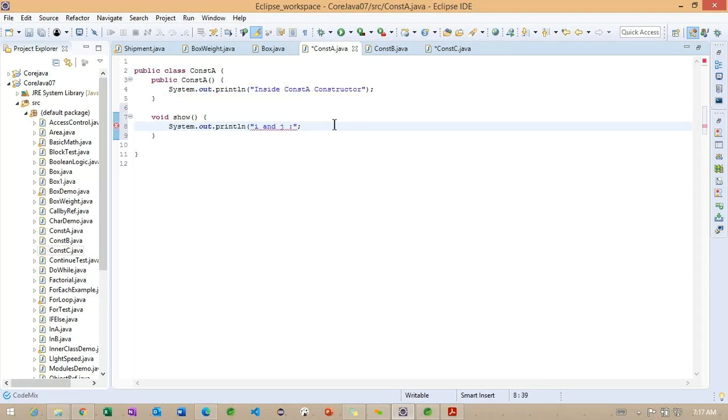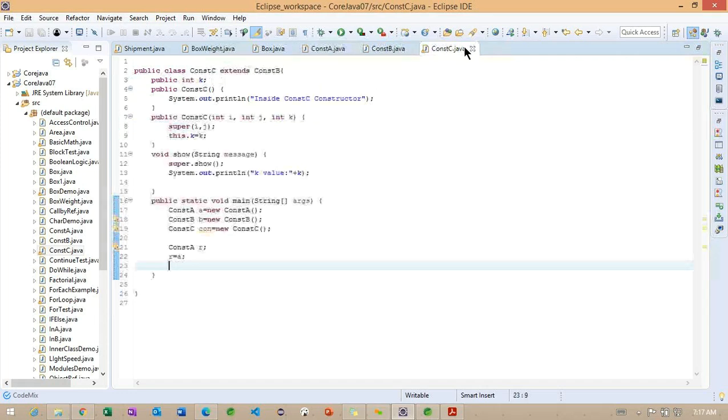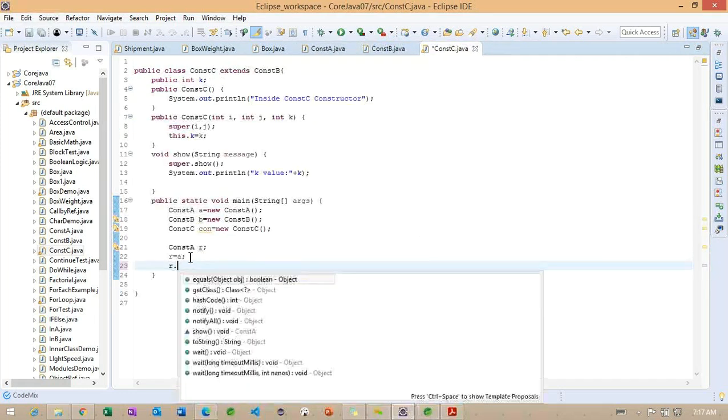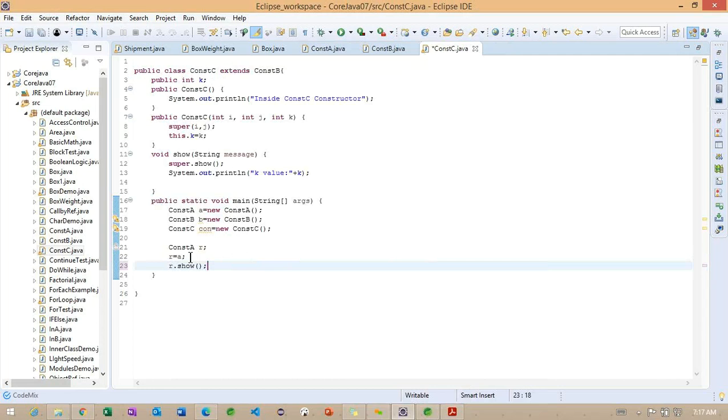Here what we can do, constructor A class show method is called. Okay, and if we go back to here again, I'm calling show method.